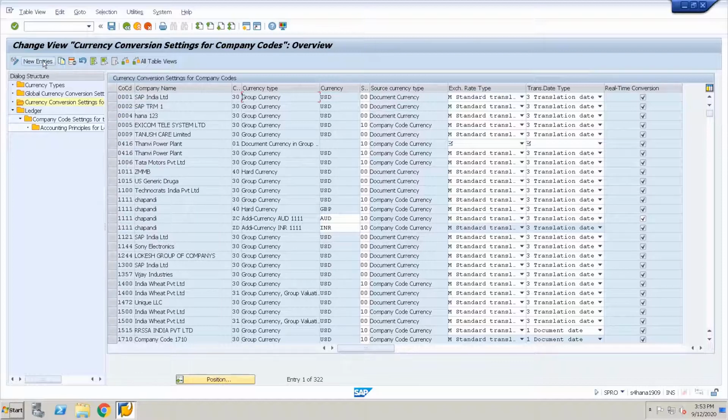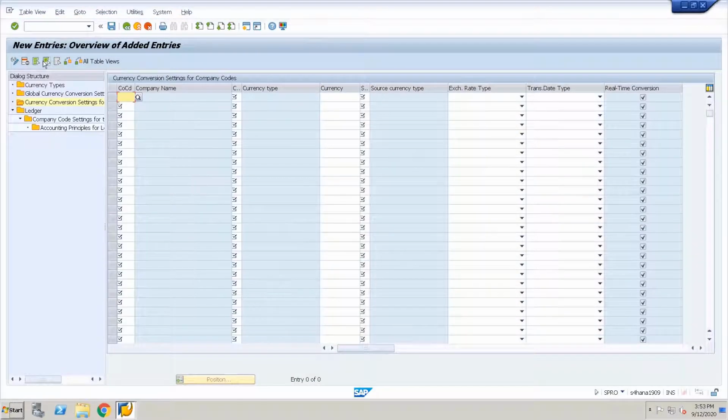So let us go here and create an entry for our company code. Here we need to assign this currency type A1 to our company code ABGB. Currency type is A1. Here we will define the currency. We discussed that we want this additional custom currency to be EUR, so I will define it as euro.